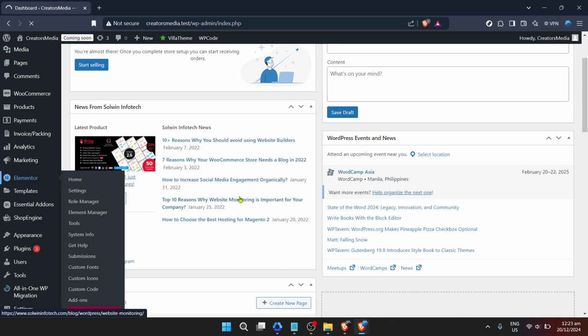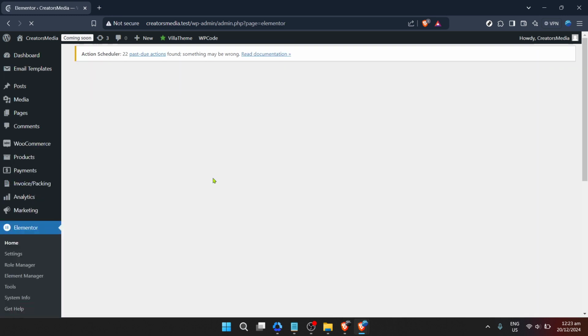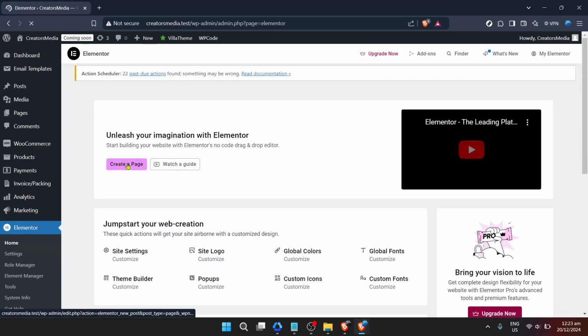With Elementor open, it's time to create a page. This is where the fun begins. You're at the threshold of bringing your ideas to life. Creating a page is as straightforward as it sounds, but it's the blank slate where your creativity kicks into high gear. As we dive into customizing your page with Elementor, remember, this is where your unique vision for your site